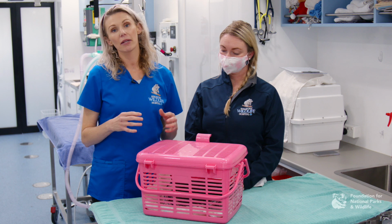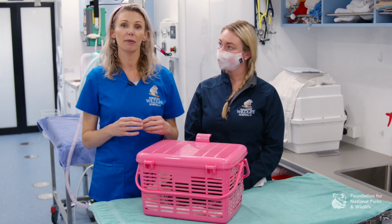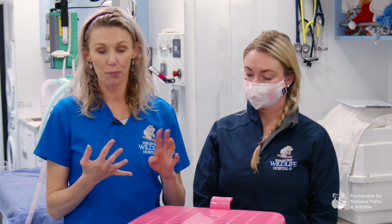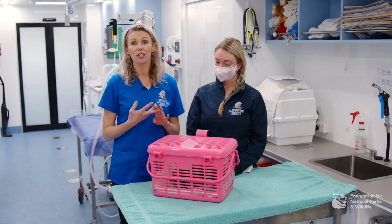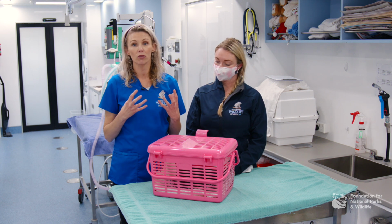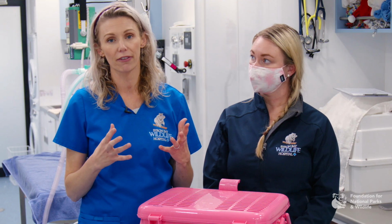Now, your clinical examination for a seabird is going to be much like that of a normal terrestrial bird. The only difference is going to be the species and whether or not they have internal or external nares. So your shearwaters, your petrels, and your silver gulls do have either external or partially external nares, whereas your pelicans are going to have internal nares and have to breathe from the sides of their mouth. So holding their beaks is going to be a little bit different so that you don't suffocate them or occlude